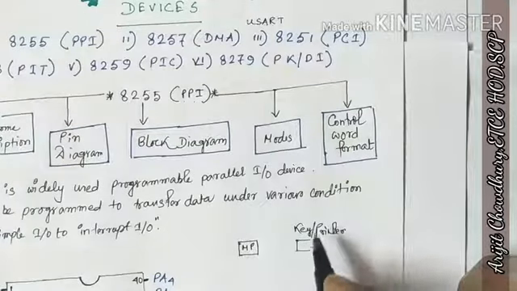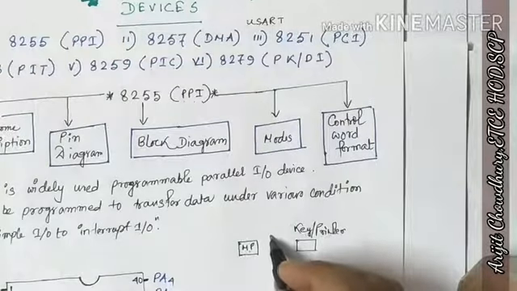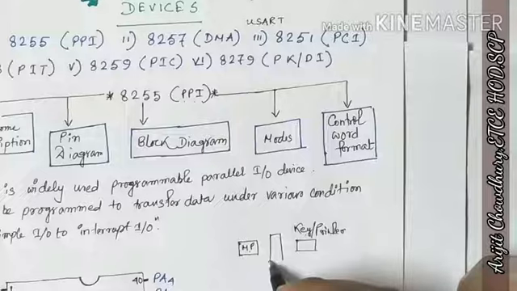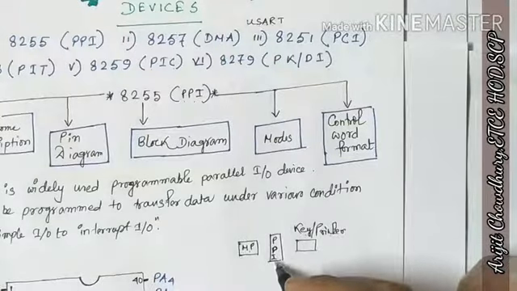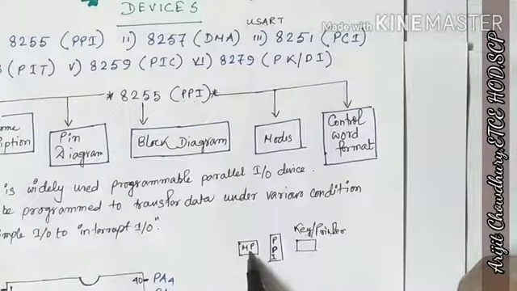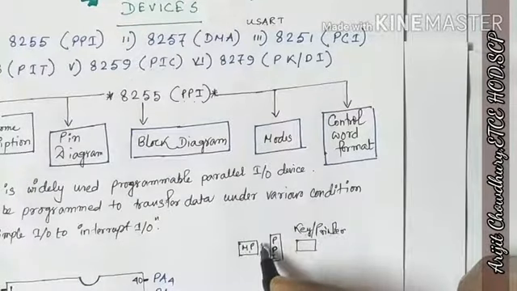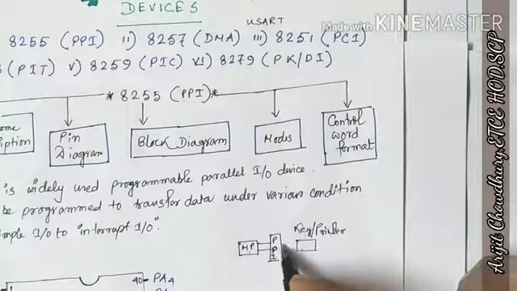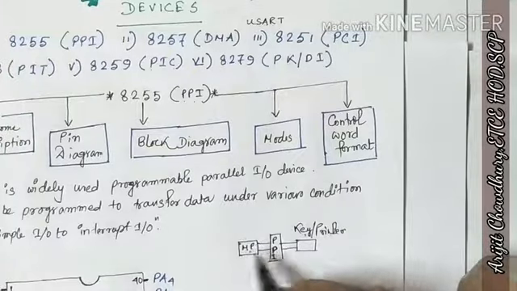When we interface a keyboard or printer to the microprocessor, there will be a need for an IC called PPI. It is also known as programmable peripheral adapter. Actually, the speed of data transfer of the keyboard or printer and the microprocessor is not the same. For this purpose, to synchronize the data transfer, we are using the PPI IC. When a peripheral is interfaced with the microprocessor, we are using 8255 or PPI IC.